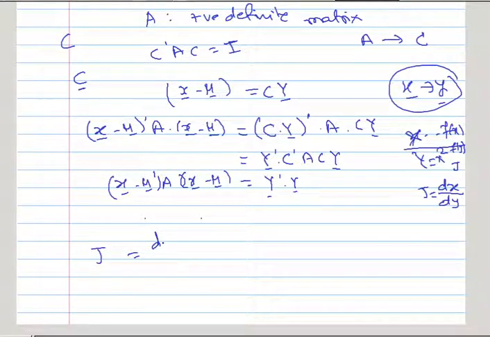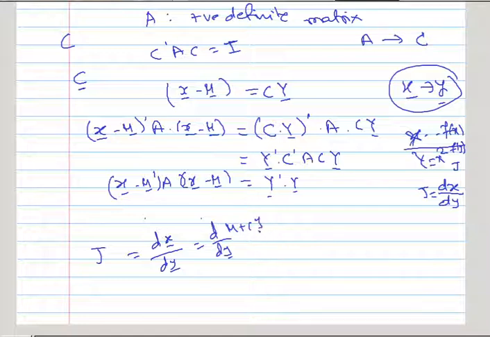So J will be dx bar divided by dy bar, and since mu bar will come on this side, x bar will be mu bar plus C y bar. So this is d by dy bar of mu plus C y bar. This mu is constant, so this will be just like d by dx of 2x, or d by dx of, say, C into x. So as in one dimension, it comes out to be this particular constant.